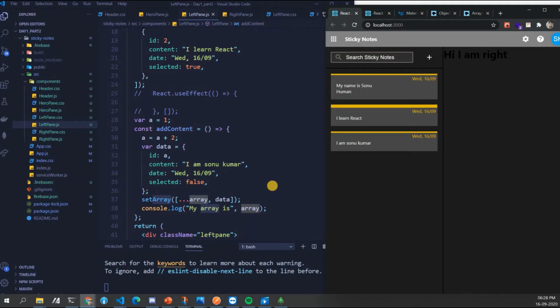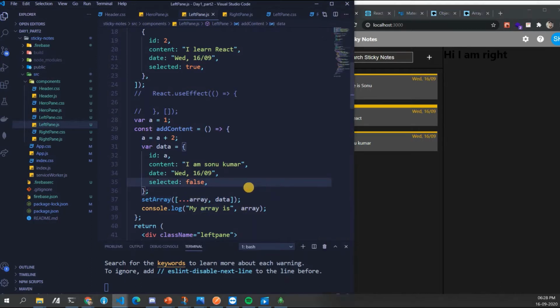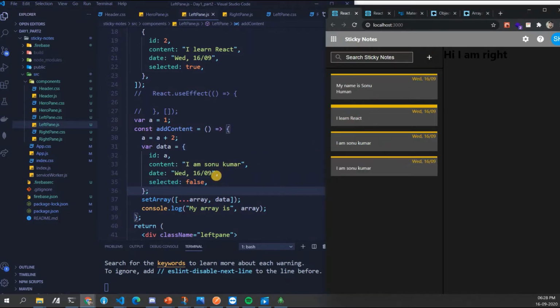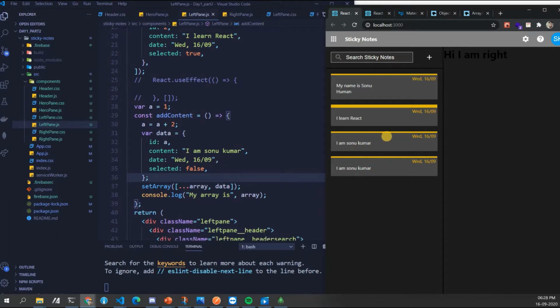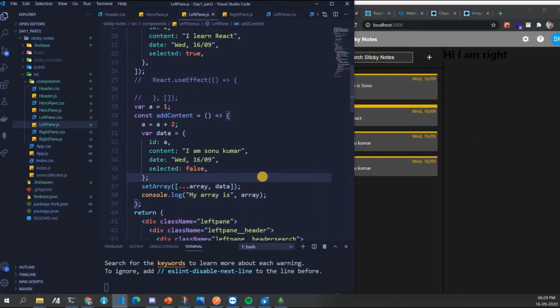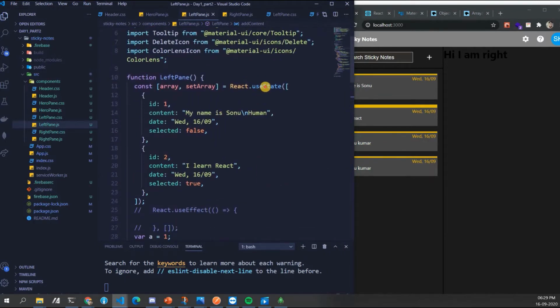Got it, guys? Yeah. So right now, when the third sticky note came up when you press the plus icon, right? Yes, it is changing dynamically. Correct. So this is what happens, guys. So these are hooks. Hooks are basically like when you are dying and you want oxygen.